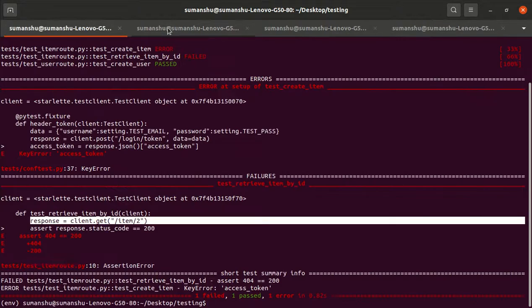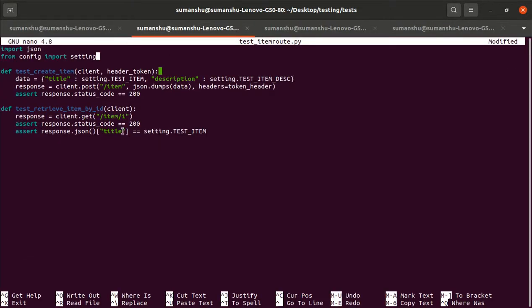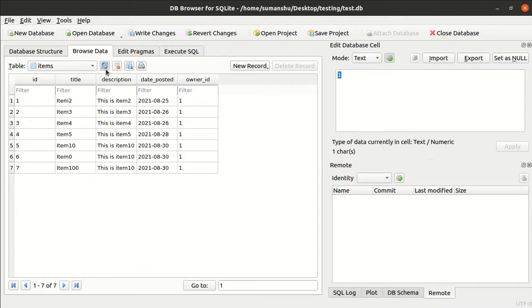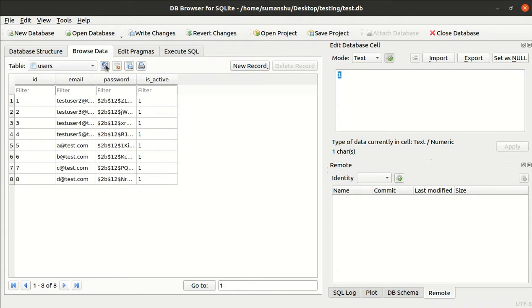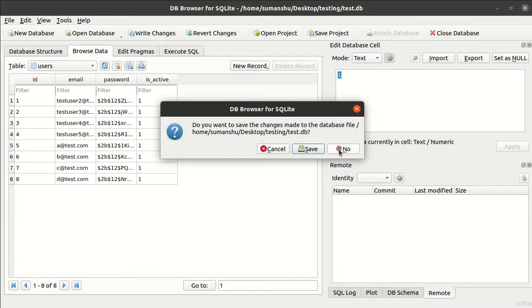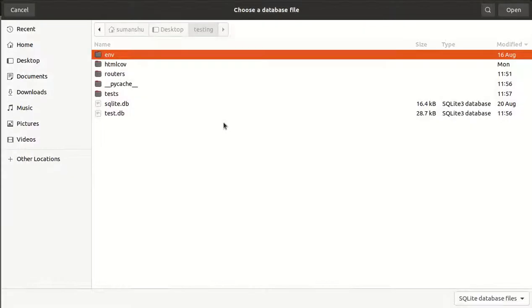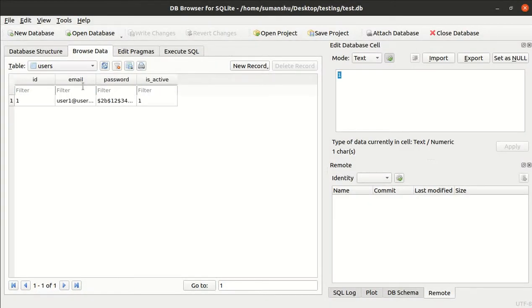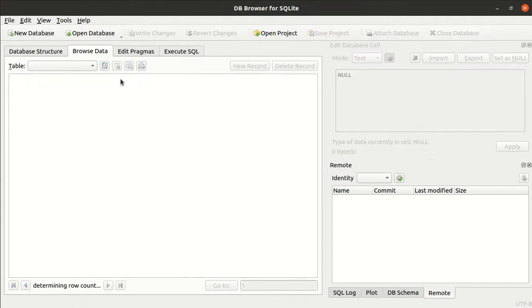Now we will access this thing from here only. So we will remove the database, we will remove the data, so every time fresh data will be there. Yeah, we have one user, but we will remove this and create it again.